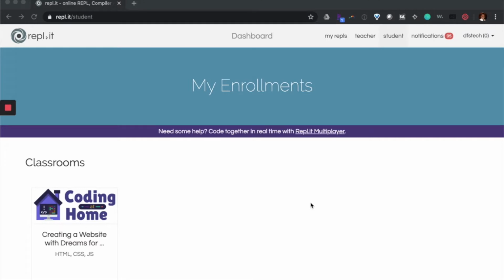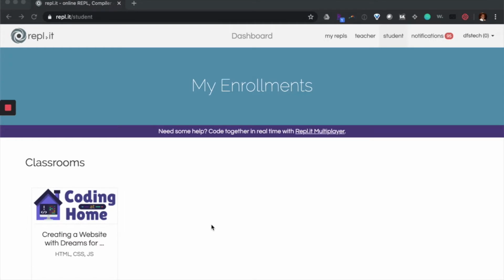Now that we've spent some time learning about HTML, how to use tags, how to use paragraphs, and formatting and fonts, we're going to get started on creating our own website and actually making it a project. So what we'll do today is we'll show you how to go into the classroom, create your project, and get started with working on it and making sure that you reach the different checkpoints so that you can make progress